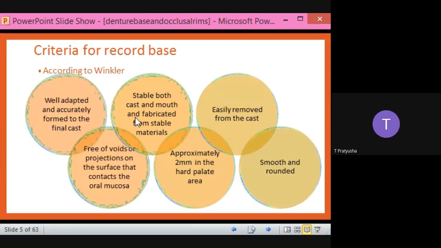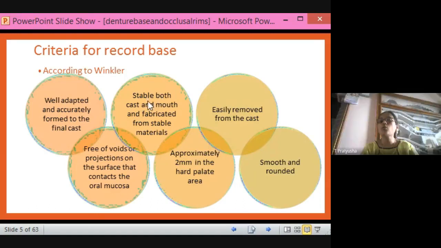The second one is that it should be stable both on the cast and in the mouth and fabricated from stable materials. That means the material should not shrink or expand. Suppose we are making a denture base of 1 centimeter size. If it shrinks, what will happen? There is a groove or a depression on the cast, and into that we are placing the material.